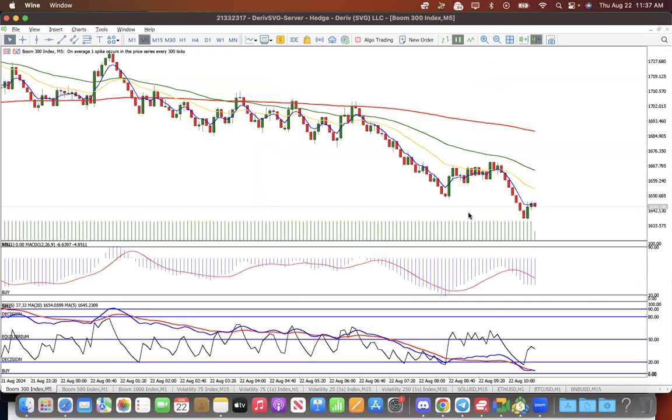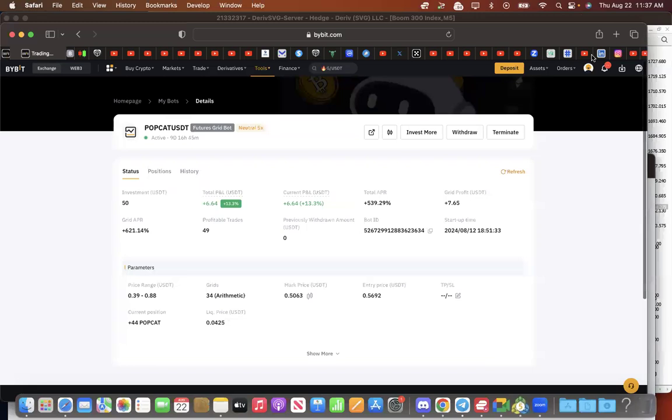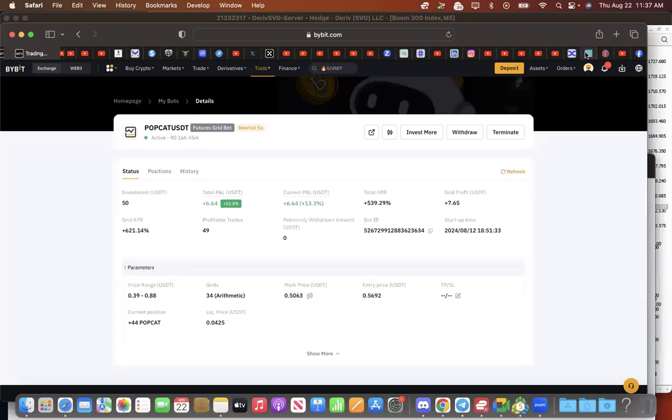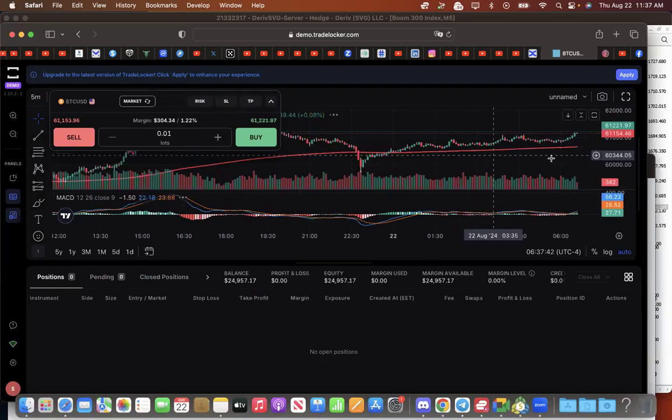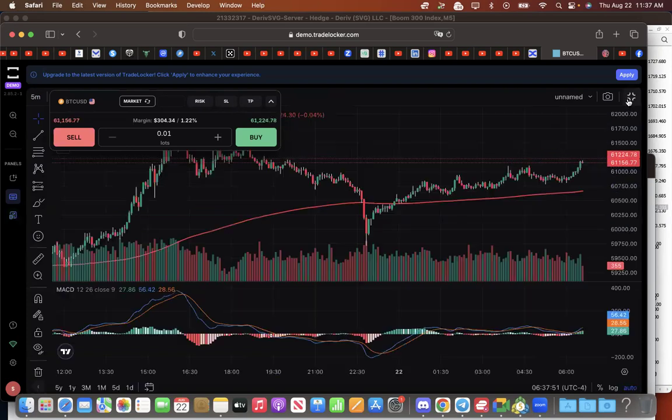So now this MT5 platform is what you can use for trading. And then we have, I told you about TradeLocker, right? TradeLocker. Here is TradeLocker. Can you see TradeLocker? I love TradeLocker for one thing. It just helps you to see BTC explosion. So TradeLocker is another lovely platform for trading. You can view it like TradingView and all the like. So I do a lot of things there,